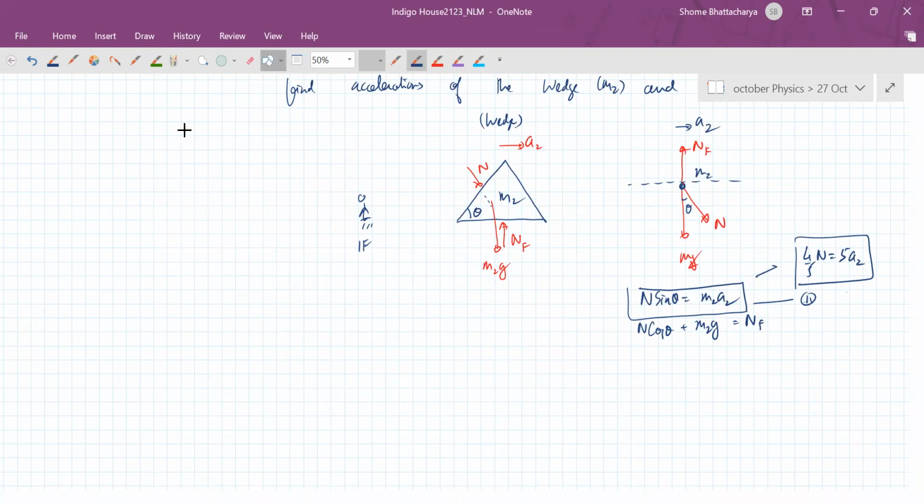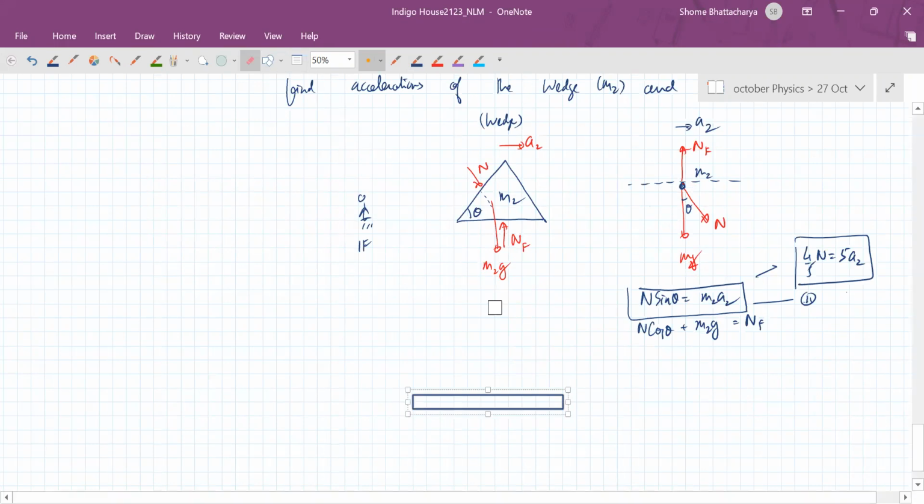So the rod will be experiencing again two normal reactions, but one from the wedge. So that will be in this sort of direction. See, this one and this one, they are an action-reaction pair. But the wall will also be pushing it. It's a normal reaction like this, let's say. Normal reaction that the wall is applying, and of course it has its own weight.